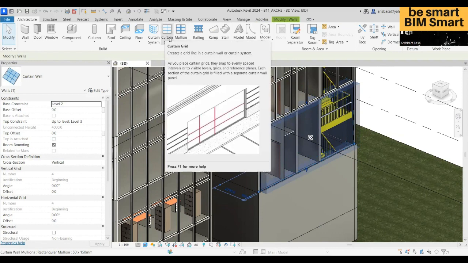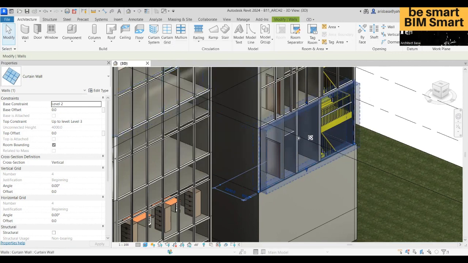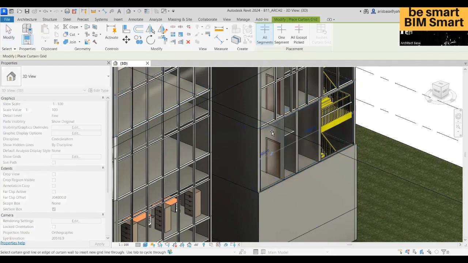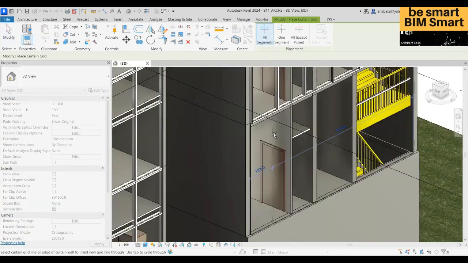So in actual construction terms, sometimes you see glass that does not have a mullion. There are certain cases, right? It's just a glass with a cut and they put some sealant there, right? But it is better with a mullion because that is the structural support. So you have a curtain wall, then you click a curtain grid, then you'll be able to create vertical curtain,